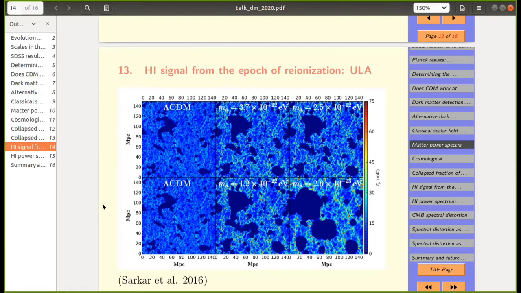And these are all models of ULA for different values of the mass of the axion, the ultralight axion. And one thing that you cannot escape is that for lambda CDM, these features, so these are ionized features, the dark blue is ionized and things around it could be neutral. So you can see the size of ionized regions is much larger when there is axion. And this comes from two reasons. One is, there are fewer halos that form and ionize in the case of an ultralight axion.